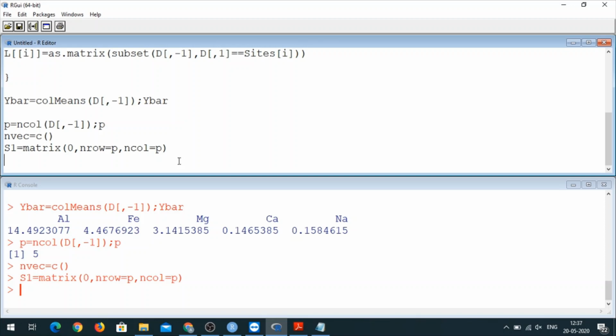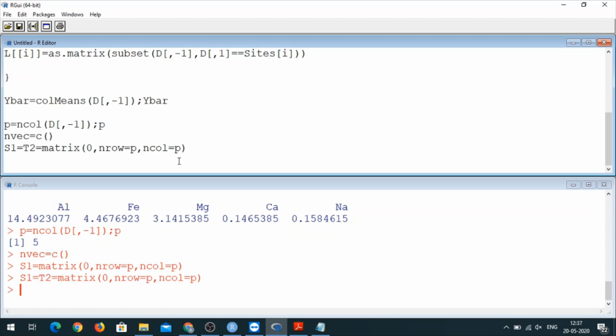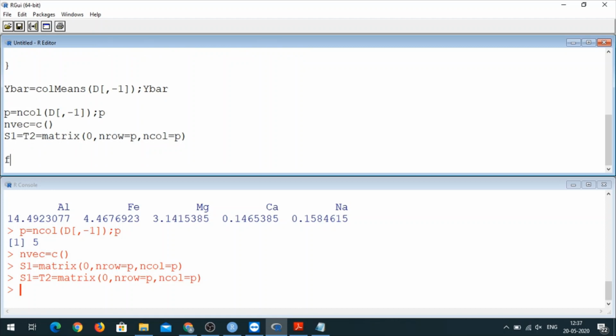We don't need them individually. And then I need the second term from T, which we will call T2, which is also going to be a 4 cross 4 matrix. So in fact I can save one line by calling it T2. Both these are 0 matrices.